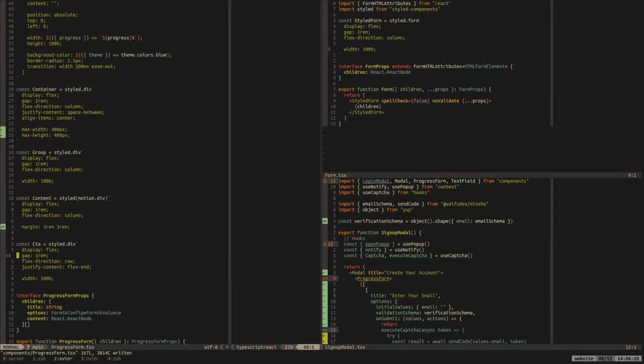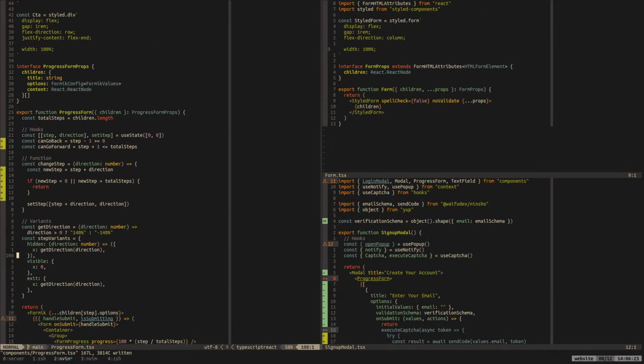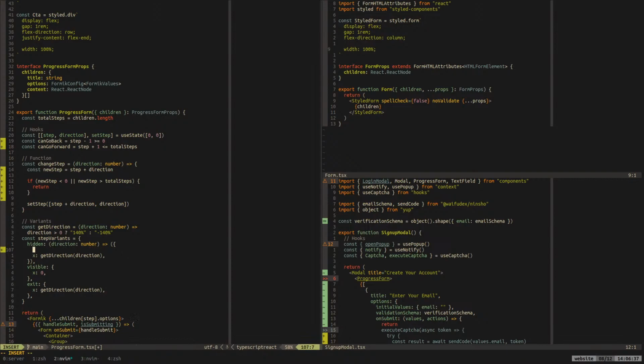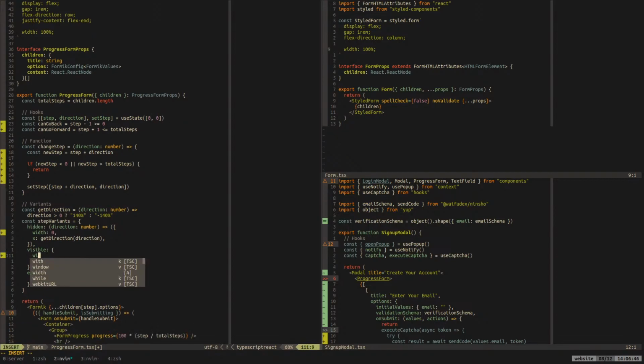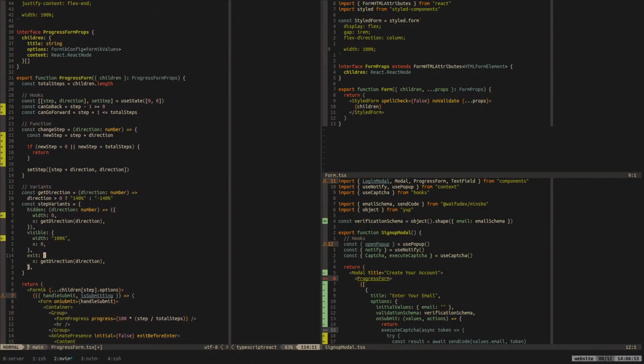Could we also adjust the, because like I'm okay with it kind of shifting the size around as long as it's animated. I don't like it jumping around, so could we go in here and kind of say that initially the width is going to be 0, but then once it's visible, the width becomes 100%, and then it goes back to 0.